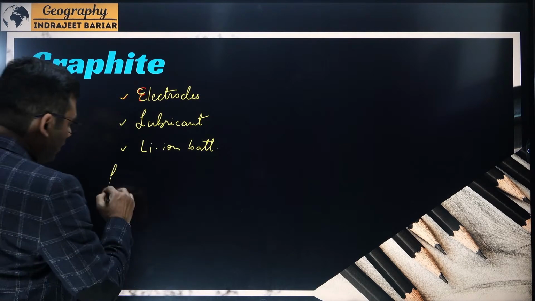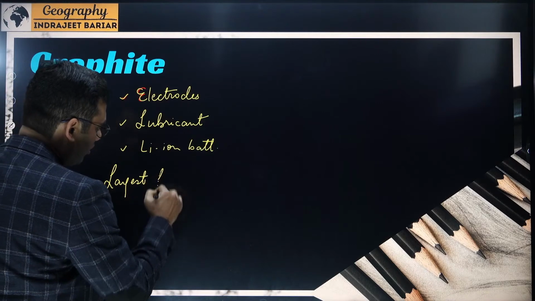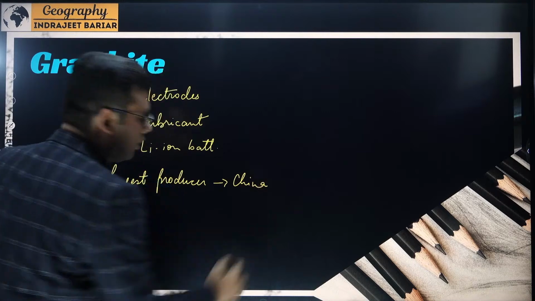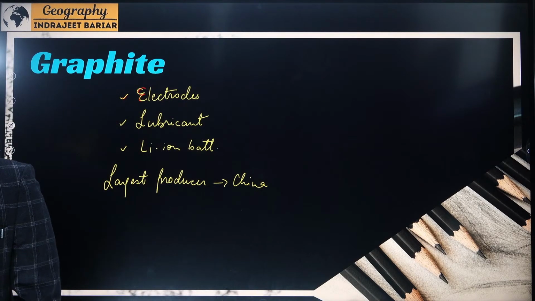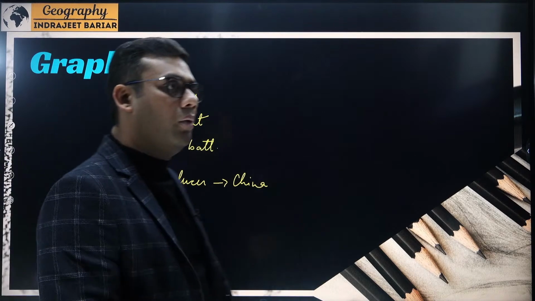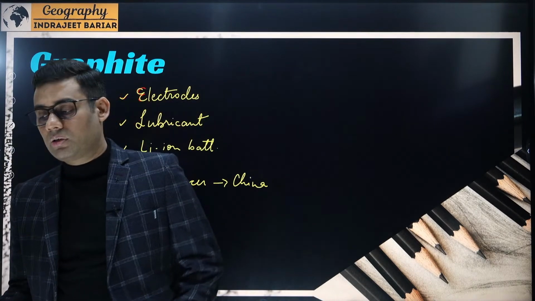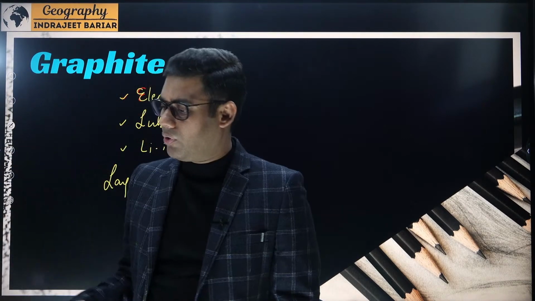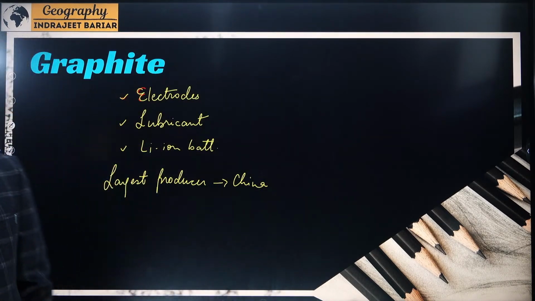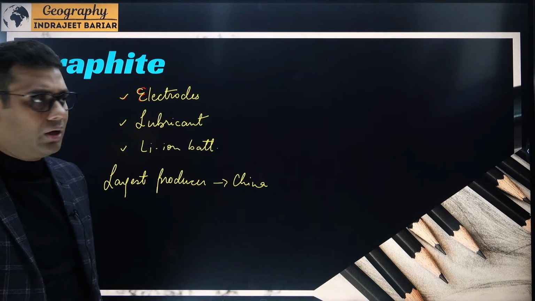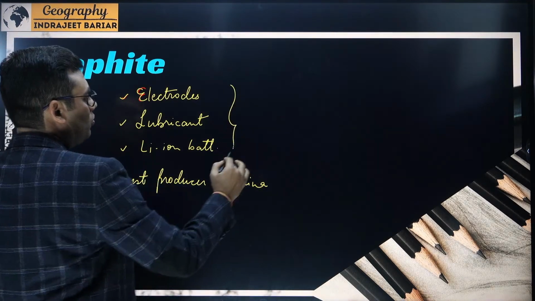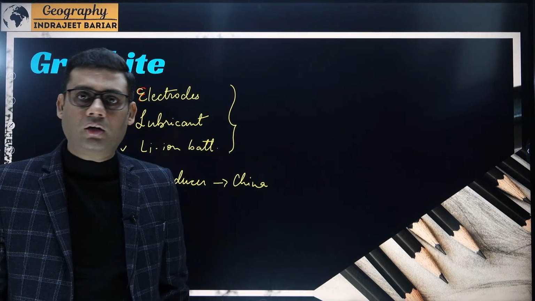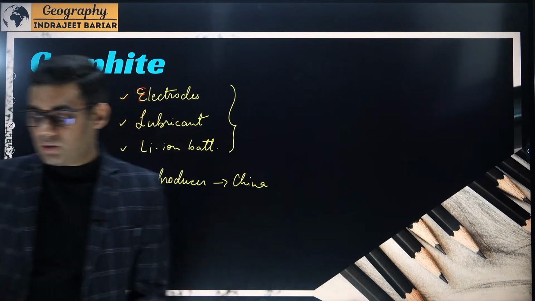Again, in this case, if I see the largest producers of graphite, China comes into the picture. China is the largest producer of graphite. In India's case, the production of graphite is at very low levels. The few areas where you will find graphite are, for example, Chhattisgarh, Jharkhand, Odisha, and Tamil Nadu. But most importantly, the usage part will give us an idea of why they should be considered critical minerals. So that is graphite.